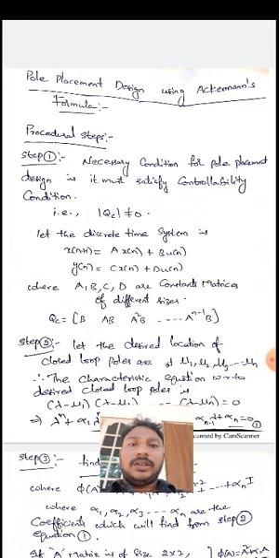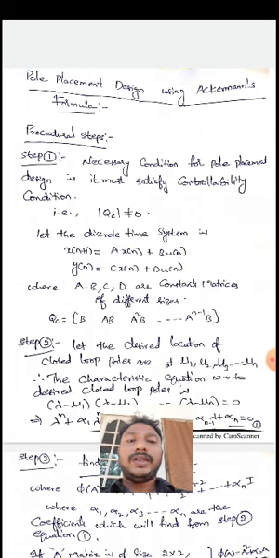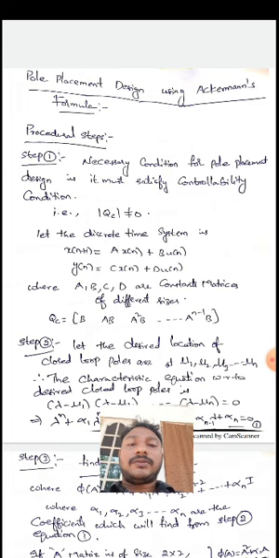Coming to this method, again we have to satisfy the necessary condition, which is that the system must satisfy controllability. You already know we need to find QC. QC is equal to B, AB, A squared B, and so on, up to A power n minus 1 B. This is the formula for A matrices of size n by n. In general, in our problems we have A matrices of size 2 by 2 as well as 3 by 3.